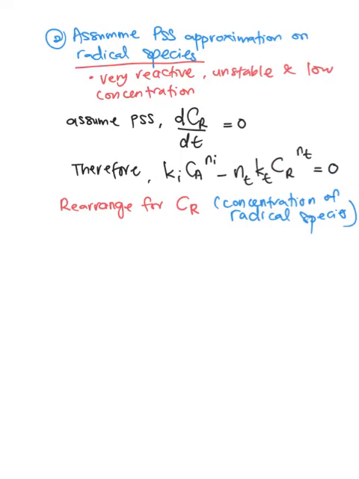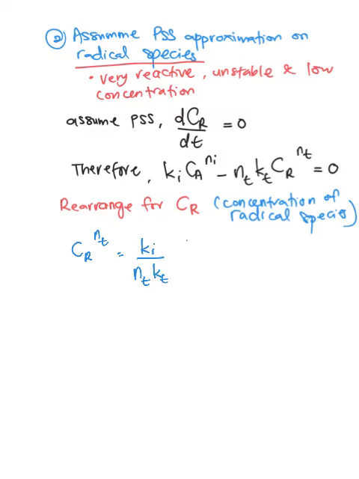Then we will get Cr power of Nt equal to Ki per Nt Kt